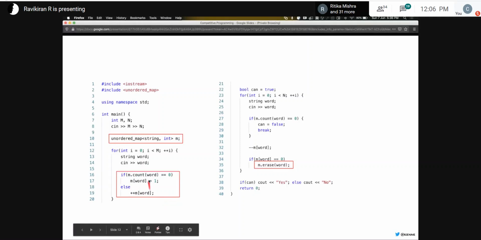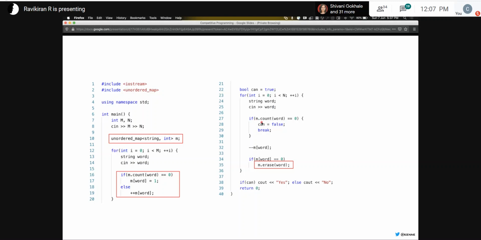So this is the first step. We go through all the words in the magazine and this will tell us how many count of each word appears. So our map data structure is filled such that it has all the keys, which are the words, and associated with that are all the values. So next what we do is we have to go through all the words in the note. So let's go through i is equal to 0 till n. We read the word. So again, what we do is m.count of word.